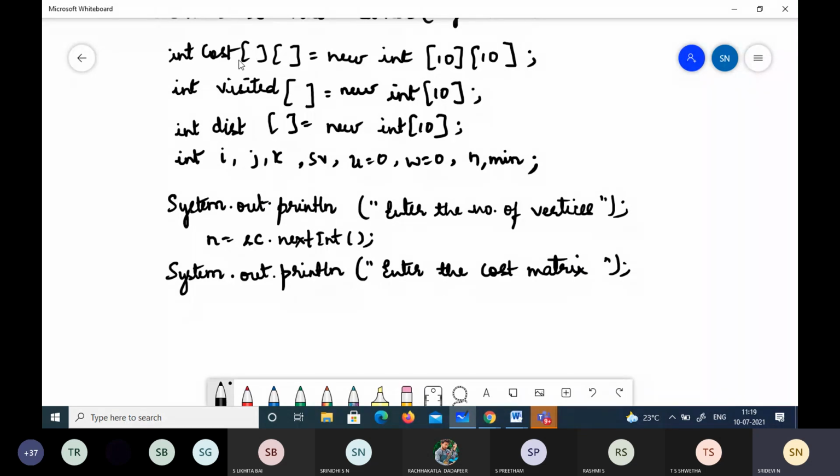So cost matrix is a two-dimensional array, and we need two loops, i less than or equal to n number of vertices, and I also need an inner loop. This is for row, this is for column,